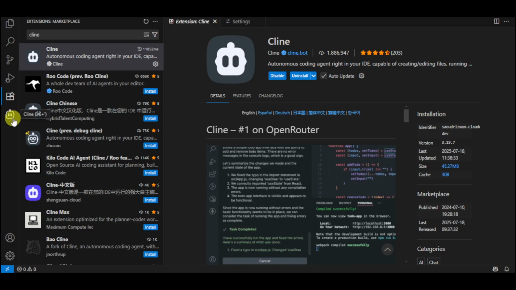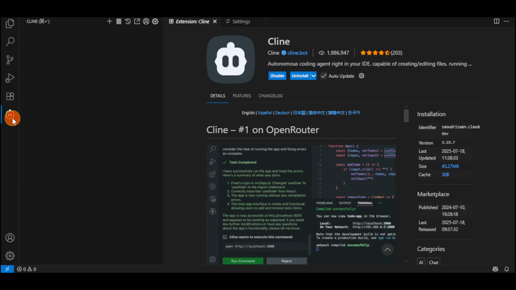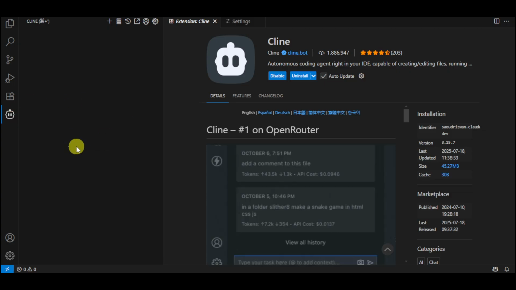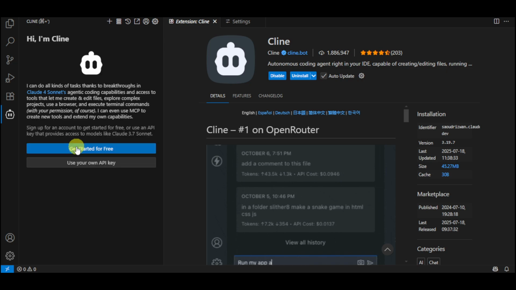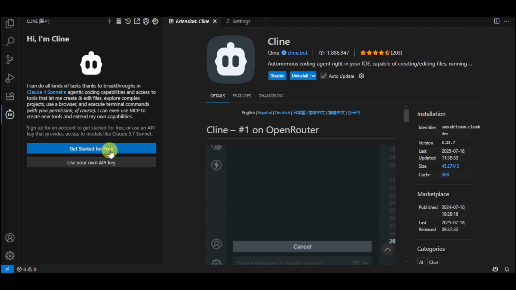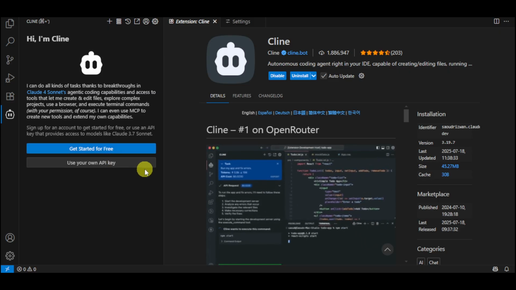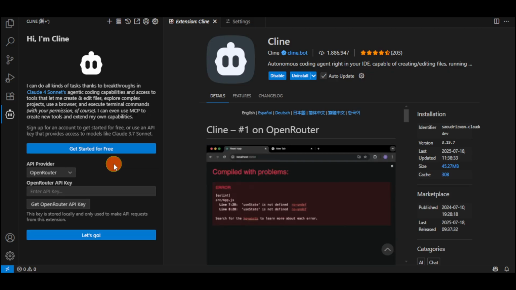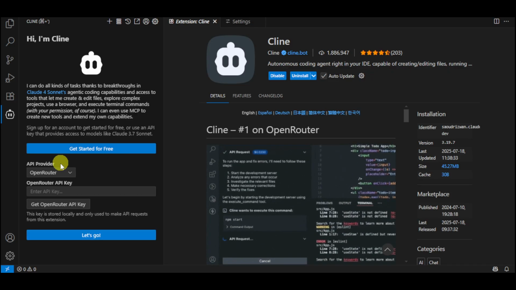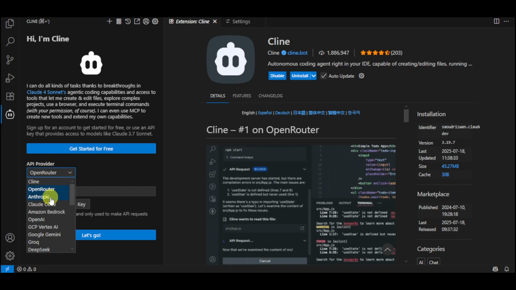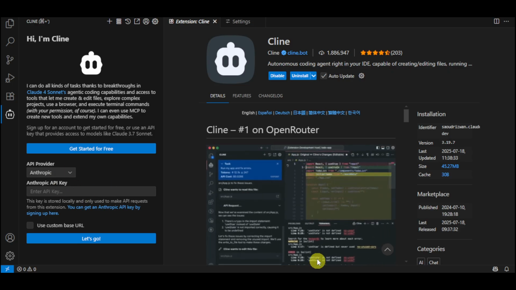You can see a new button right here onto the left. Just head over and click on it and you can see in here Cline. So what we can do in this case is we can actually set up Cline altogether. You can get started for free or you can use your own API key. If you're new here, you can also use your own API key. You can just sign up for Anthropic. So click onto this API provider, click onto this Anthropic, and from in there, let's head over right here to